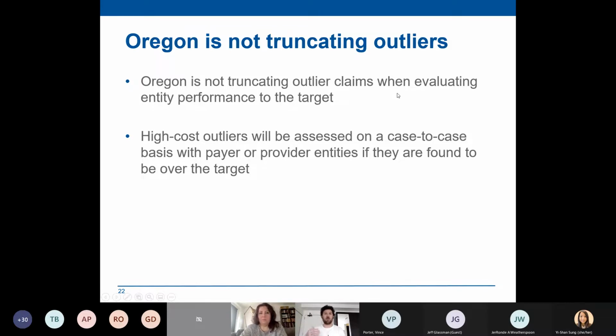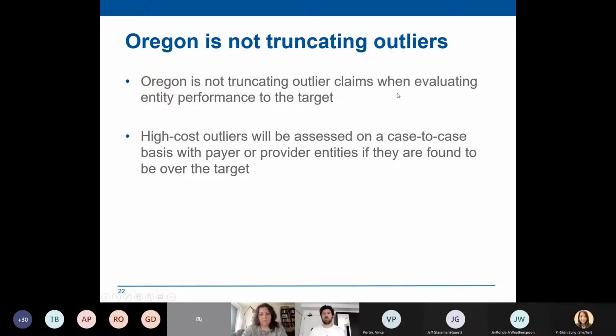We want to include everything you're spending, every claim dollar, every non-claim dollar, all the way up. Those are sometimes very meaningful dollars, and we want to capture those, and we want to be able to measure them and talk to you about them. So we're not cutting them off because we don't care. We're not cutting them off because we do care, and we want to see those dollars, and we want to talk to you about them.